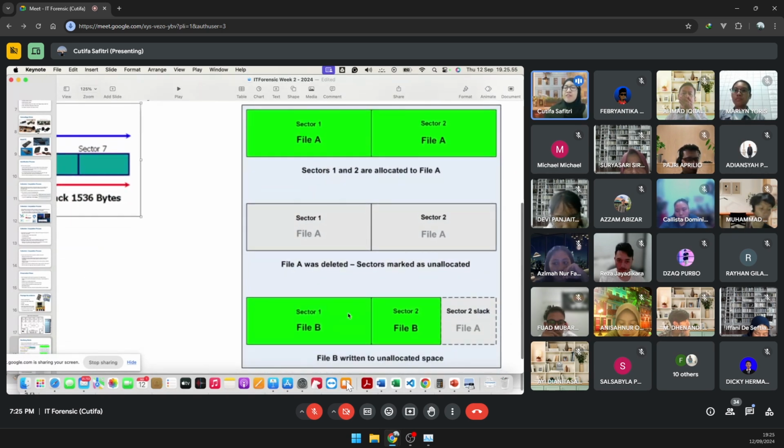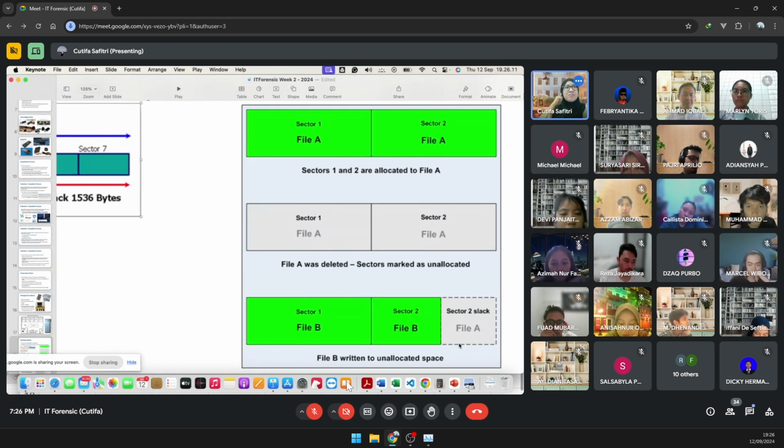It is being replaced by file B, but file B wasn't as big as file A. So the information of file A is there. Full information or this part only? This part only.